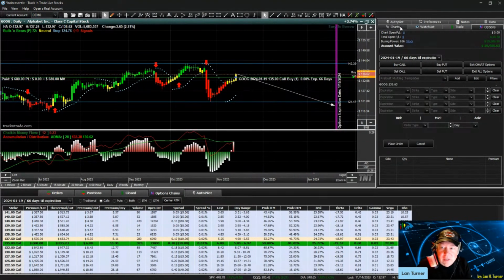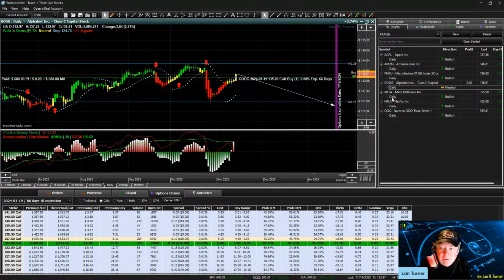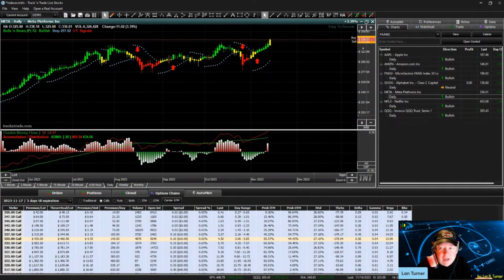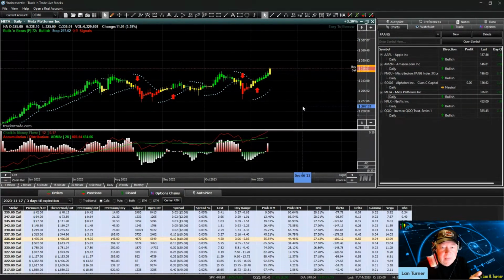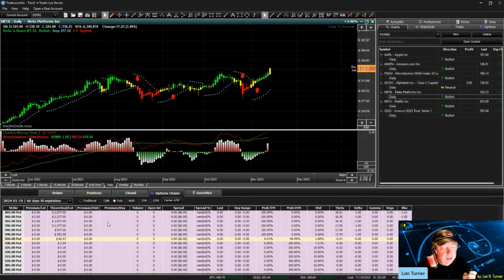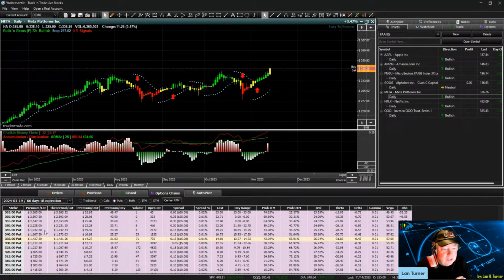All right, let's do the same thing with buying a put option. Let's go over to Meta, and let's say, not that we think that Meta is going to go down, but we want to buy a put option anyway, just as an example. So let's say we think Meta is going to go down at this point. So we look at our puts. We're going to choose one out here that's 66 days long, plenty of time to make that decision. And you'll notice that the put option on Meta right now is at the money,